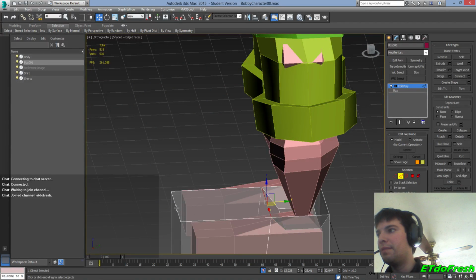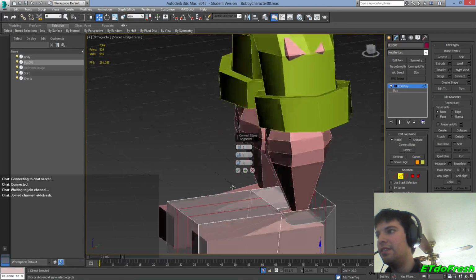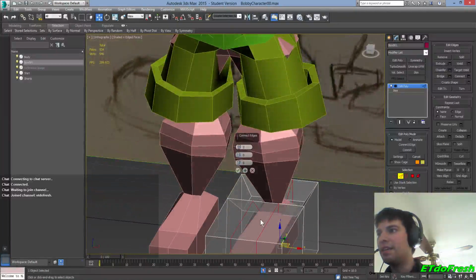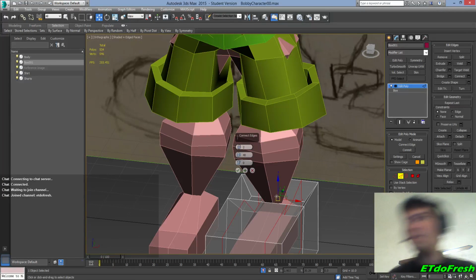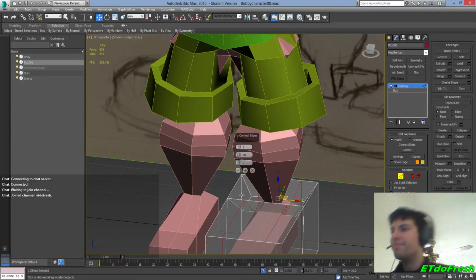Alright, so let's grab this edge, grab the ring, connect it. Might make two connects, so that's one connect, two connects, so you can kind of see I get this part. So you see I have the second option, pinch. You kind of go in and out. I'm going to go out with it a little bit because I want to make this flap right here. So this flap, yeah, what should I do? I guess I should have done that first before even making the shoe, because I really want the shoe to be kind of thick, but